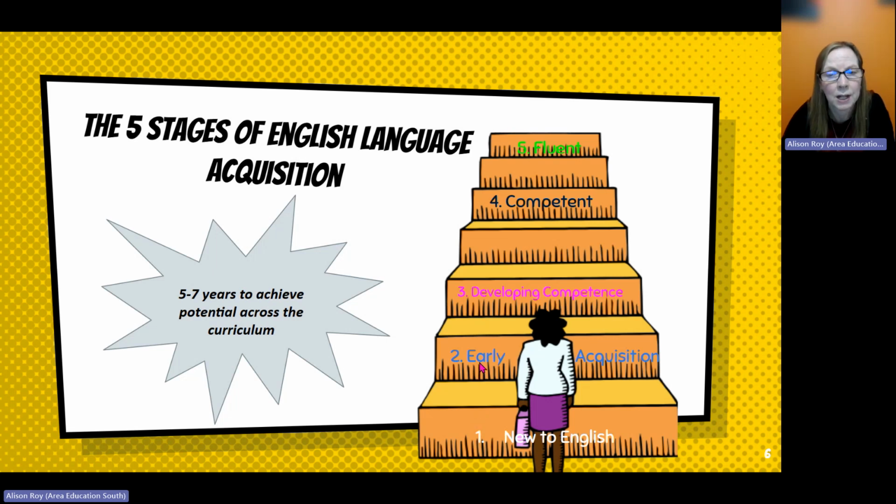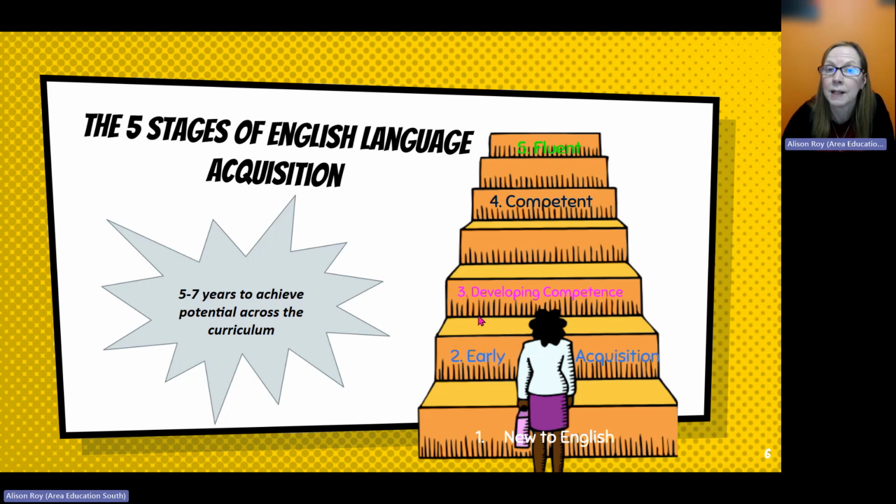early acquisition, where they start speaking in short sentences, still with some inaccuracies, but are able to communicate a little bit more, increasing their everyday basic vocabulary, to be able to say a little bit more, express themselves, and towards the end of that stage two, moving to speak in different tenses. So generally, students will start to communicate in the present tense and move to be able to speak about the